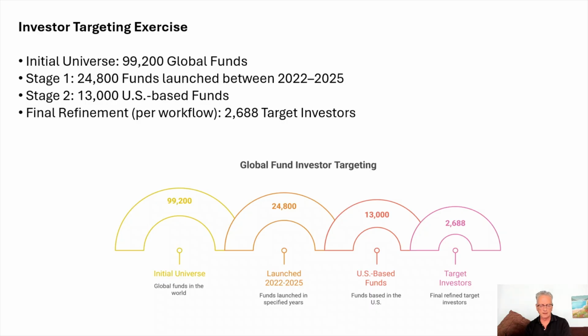Now, when the client receives that, then it's time for them to squeeze that down and say, well, we want to get rid of this. My sense is they're not going to ask me to add any more as an extra layering, because I think we're really at a stage now where they've got really good targets to look after, and they just have to refine a little bit. It might involve them checking out a little bit about their websites, the fund description, doing a little bit more work that was outside of the scope of what I was asked to do.